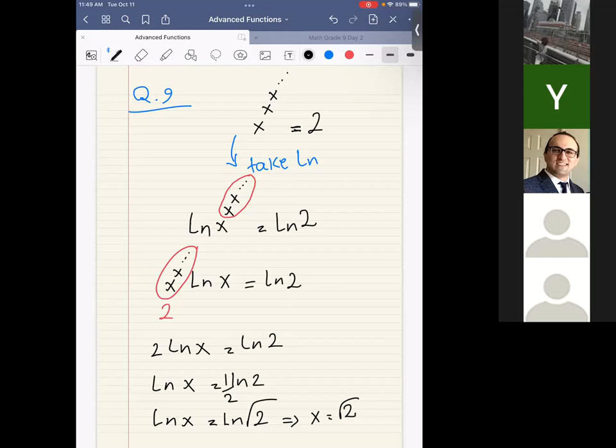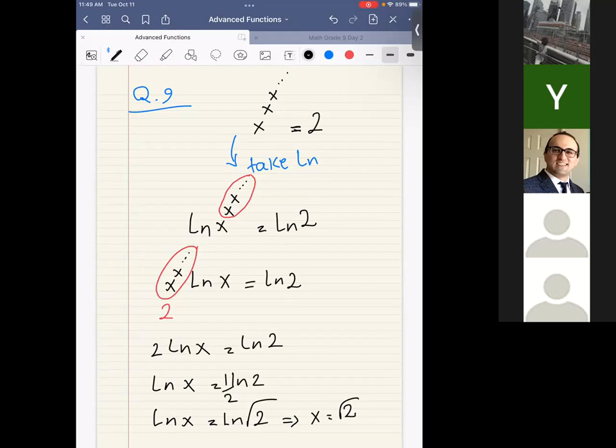Sorry, I failed to catch it. Pardon me? I failed to catch it. I don't know why, after you take the ln of each side, I can't understand the steps after that. So you have ln of x to the power x to the power x, the exponent goes forever, right? But x to the power something,